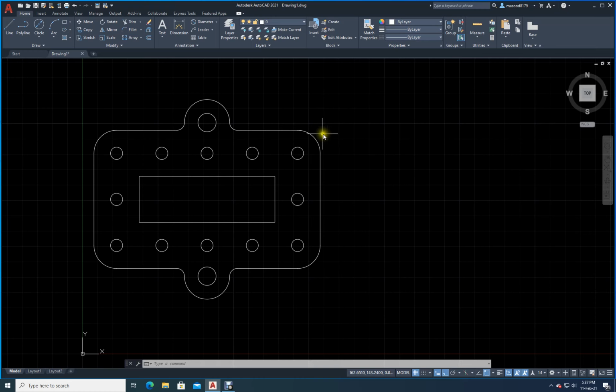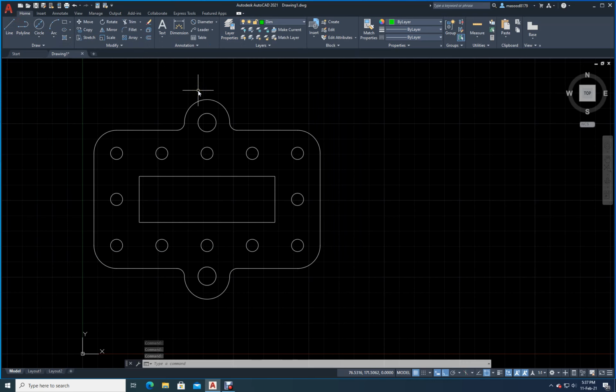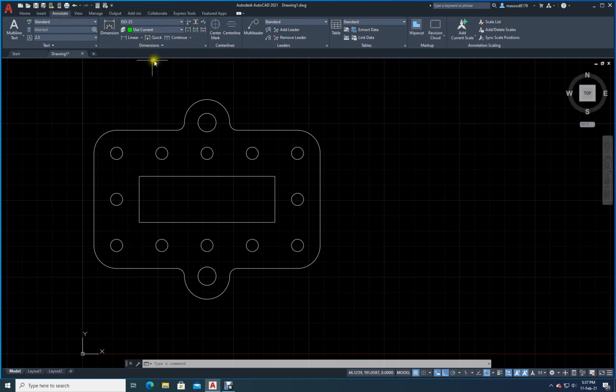Now let's start. I will go into dimension layers first. Go to layer control, double click on dimension. Okay, so that a tick mark is here. Now let us start making the dimensions. I can go to annotate here. I can just start from here also. You see here, if you click, you will find many things. Linear dimension, you just go here, take radius. Take this one and see, R15, press space bar, you will get for this. R5, then is anything else there? Yes. Press space bar.